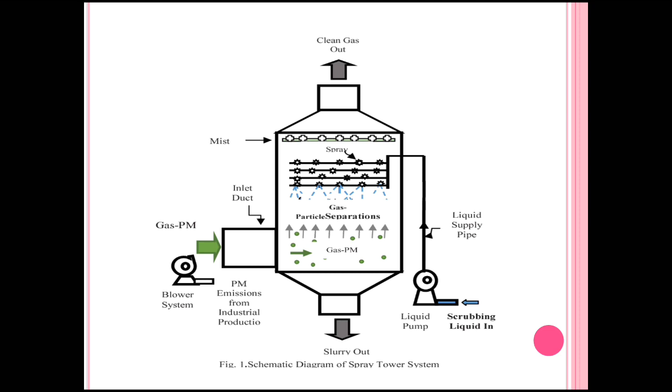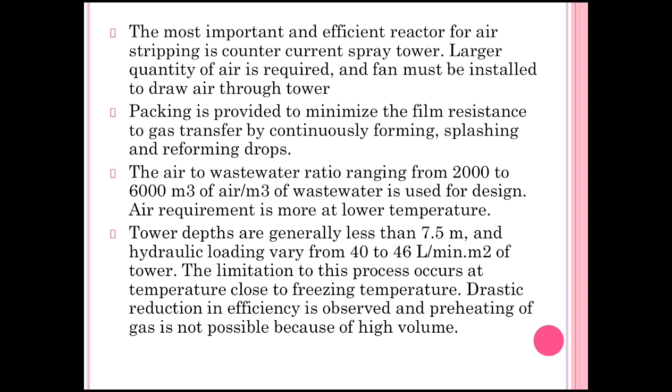sprinkler in the diagram, so that whenever that water is sprayed, the gas gets removed from the top of that container by using a moist scrub, because whenever there is dust or other particles present or the smell is present, that can absorb on that moist dust, and the gas gets removed at the top of the spray tower, and at the bottom the slurry gets out or is collected.